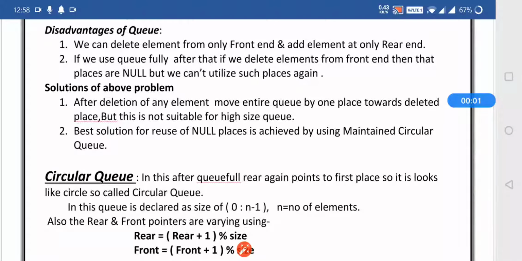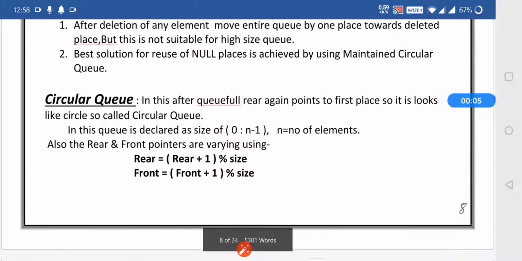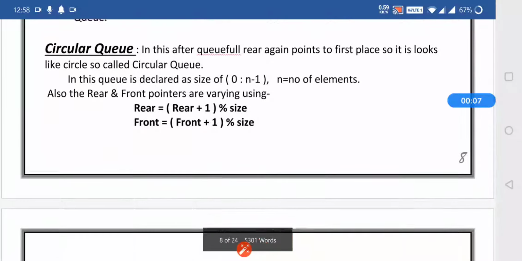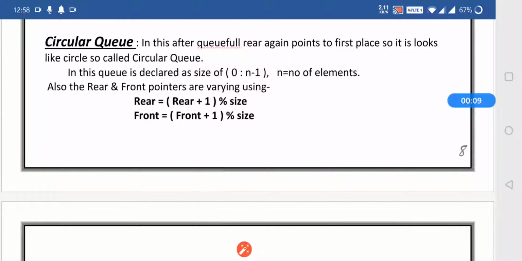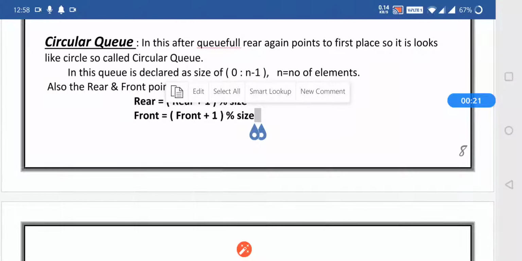So dear students, in our last section we have seen queue as well as multiple queue. In this we will see circular queue. Circular queue is the queue which removes the disadvantage of queue. What was the disadvantage of queue? That whenever we are deleting any particular element from the queue, the memory space we cannot utilize, and that is overcome